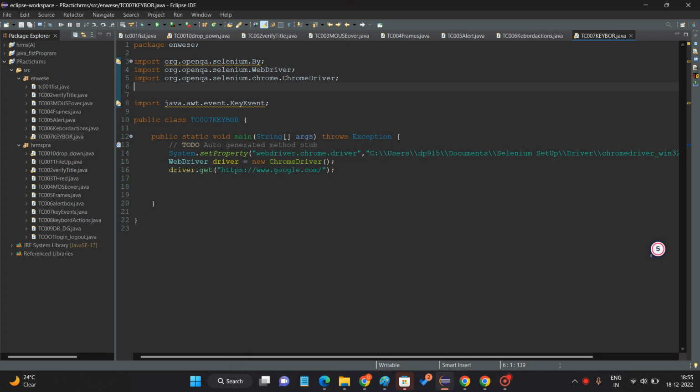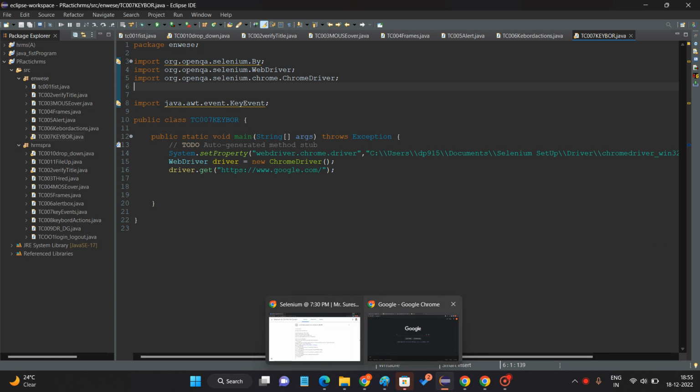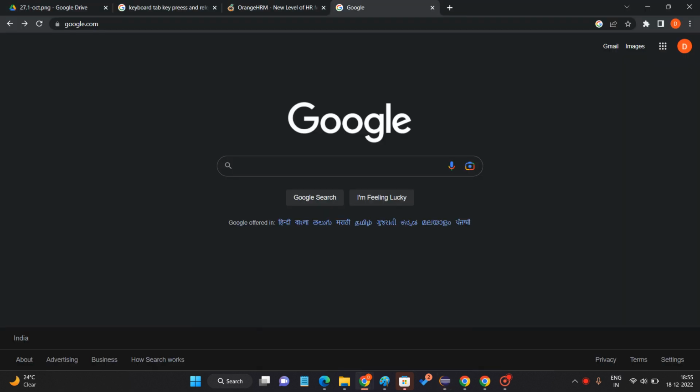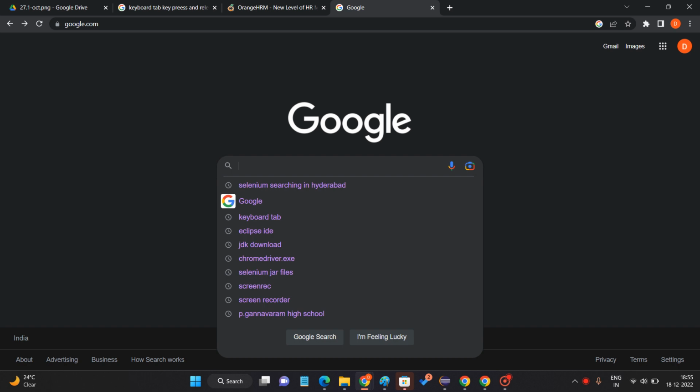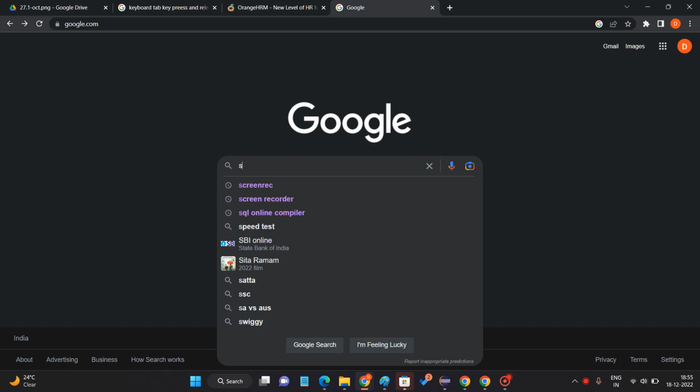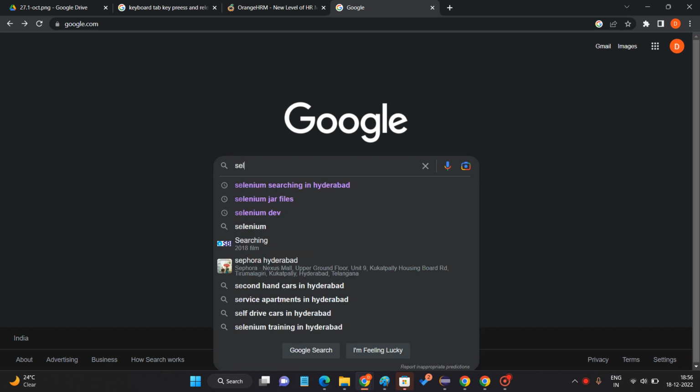Hi guys, and today we'll discuss keyboard actions. What are keyboard actions? I will explain practically. I'm going to Google and searching for Selenium,